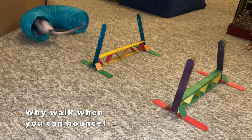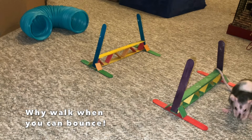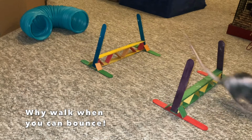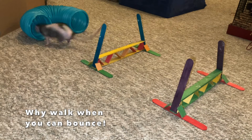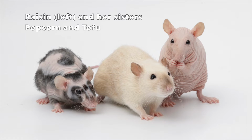The way this breeder, which is Unheavenly Creatures, does their reservation with rats is that when the babies hit 4 weeks old, that's when you can start to reserve them. But they can't go home until they are 10 weeks. Well, at the time they had an 8-week limit, but currently they have bumped it up to 10 weeks. And I actually didn't get my babies until they were 10 weeks old because I was on a trip at the time, and I asked the breeder if they could hold them for an extra few weeks, which they were nice enough to do. But anyways, I reserved Raisin alongside 2 other rats,